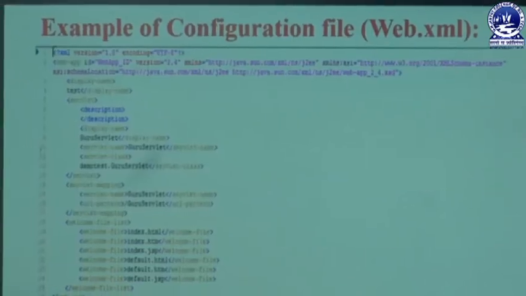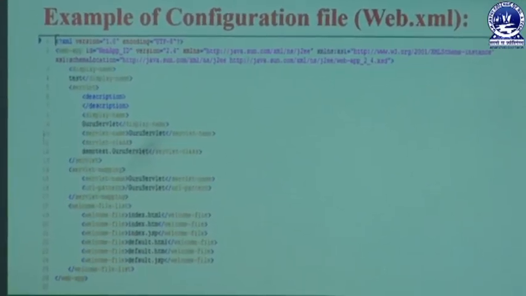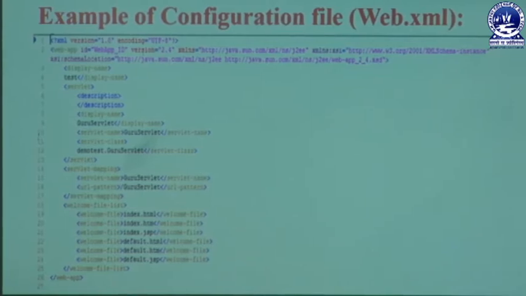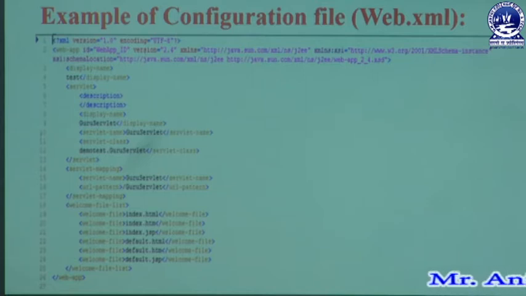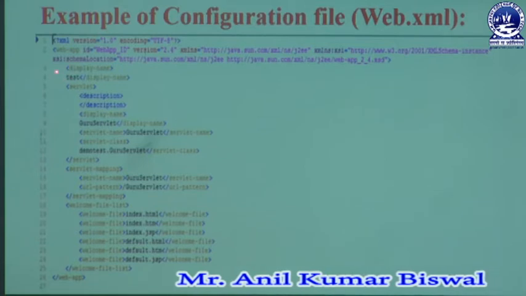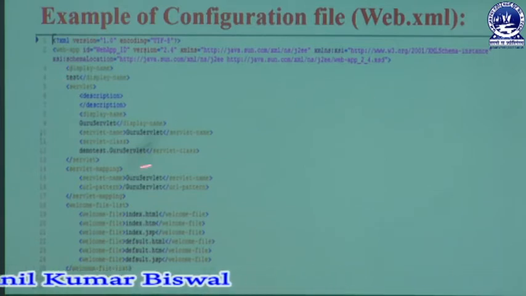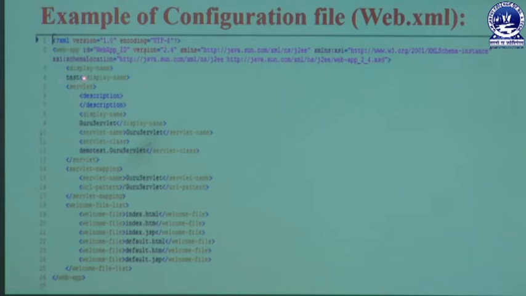Here first we design the web.xml file. It is known as a configuration file. This web.xml file is created automatically in our system whenever the user is designing a JSP page, and its relevant XML file is automatically generated. In that configuration file we use tags, and here we are using the tag known as display name, which means we are naming the servlet code, and every servlet code is relevant to our JSP file, which has some specific contents related to our topic.